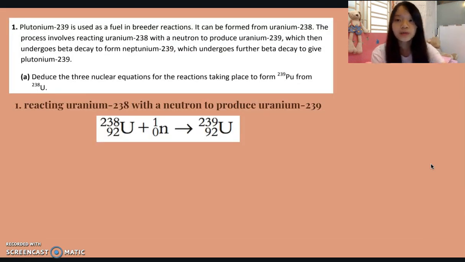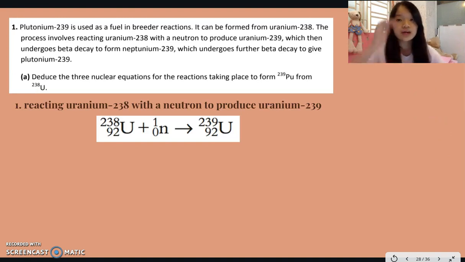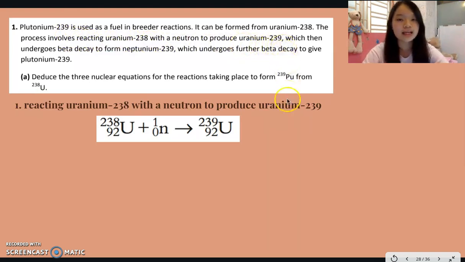For part A, the question is asking, deduce the 3 nuclear equations for the reactions taking place to form plutonium-239 from uranium-238. Looking at the question, we can see that it has already stated the 3 steps of this nuclear equation, in which first of all, the process involves reacting uranium-238 with a neutron to produce uranium-239. I am writing that equation here, in which we have uranium-238 reacting with 1 neutron